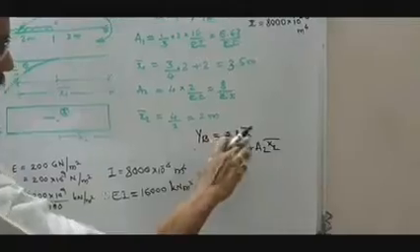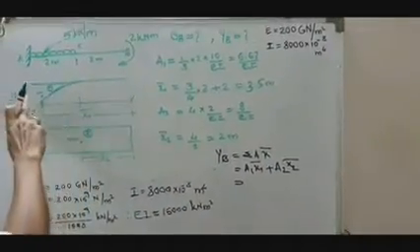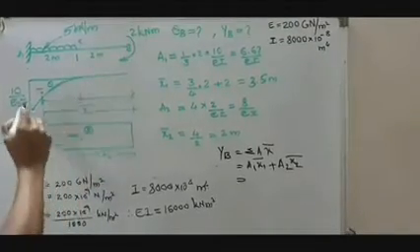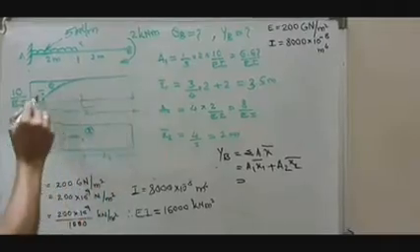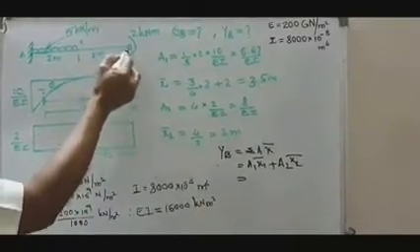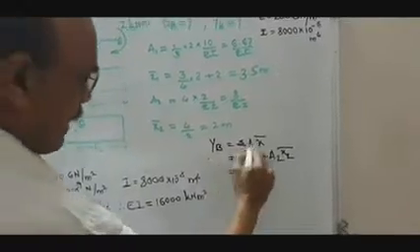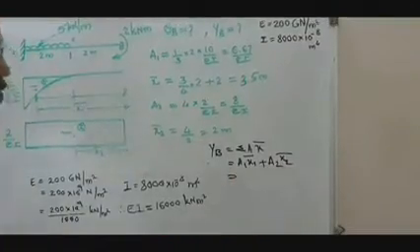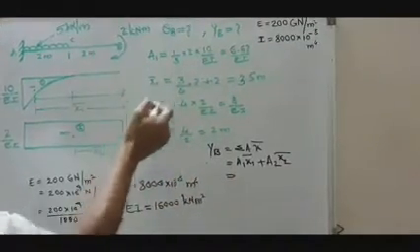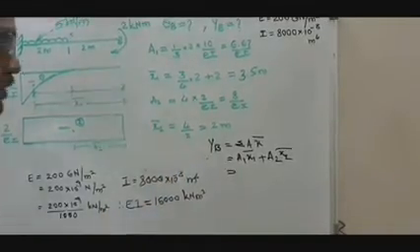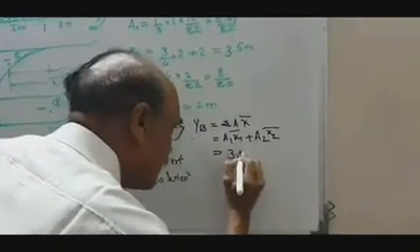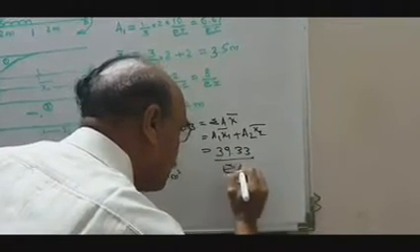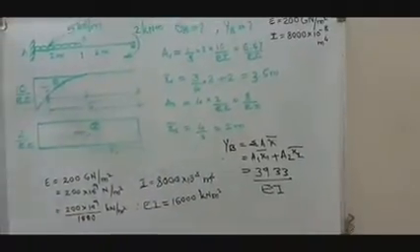You know that deflection at B, by the second moment area theorem, is the moment of the M by EI diagram about the point where you are finding the deflection. We have calculated the areas already and the distance of the CG of each area with respect to B, because we are finding the deflection at B. It is nothing but sigma A x bar, which is A1 x1 bar plus A2 x2 bar. A1, x1 bar, A2, x2 bar are already there. So if you simplify this, you are going to get 39.33 divided by EI.